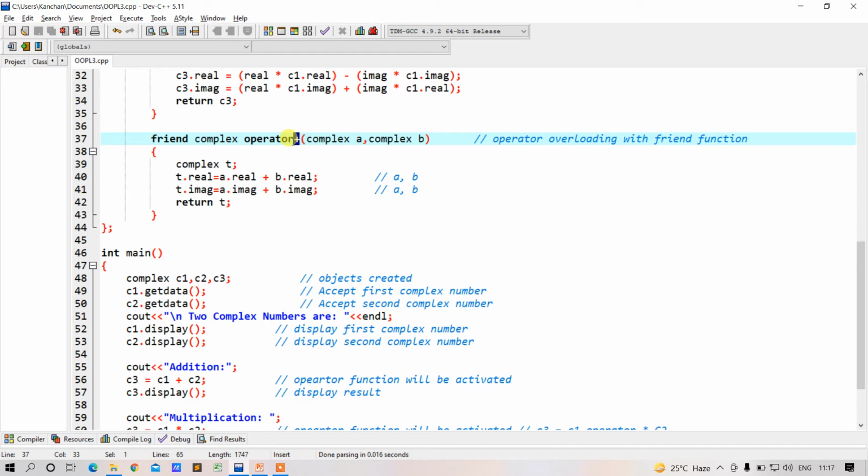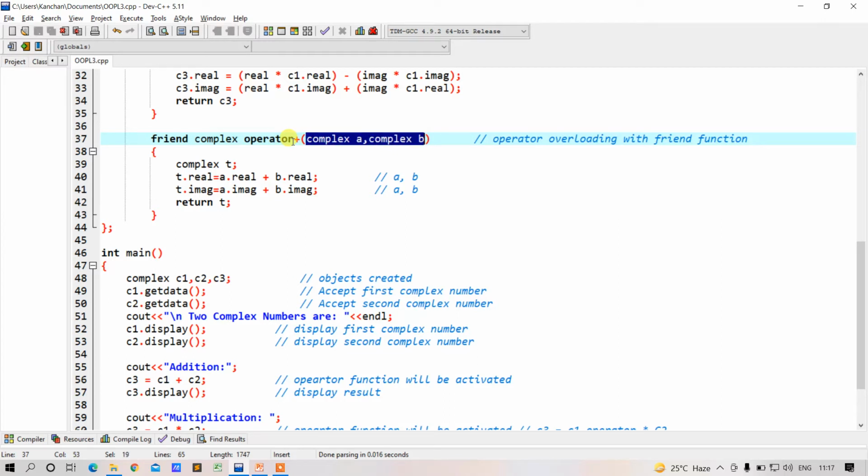Now this operator may get changed. You may have different binary operators which you want to overload, such as the multiplication operator, plus operator, modulo operator, division operator and so on, followed by the parameters passed.